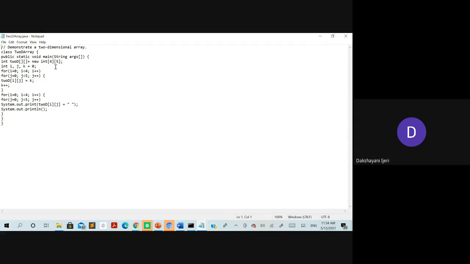Instead of that, you can use a for loop in order to store the values, as well as to get the values from it, as done in this example here. Concentrate a little bit on how to store values into a two-dimensional array and how to print the values from it. Since it is a two-dimensional array, you require two for loops. In the earlier example, it was a single-dimensional array, for which you used only one loop. But here it is a two-dimensional array, for that reason you are using two loops.